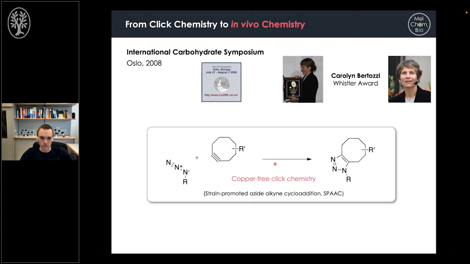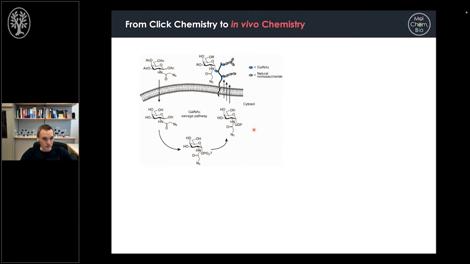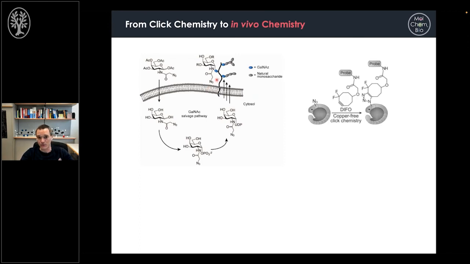And it basically totally blew my mind. That was probably the most inspirational talk I've ever attended. And yeah, to cut long things short, it was certainly related to sugar chemistry. So Carolyn Bertozzi showed the metabolic engineering of azido-functionalized sugar precursors into sugar glycan conjugates, so glycans at the outside of the cell, basically proving that the metabolism tolerates the azide, that this is incorporated into glycans, and at different time points